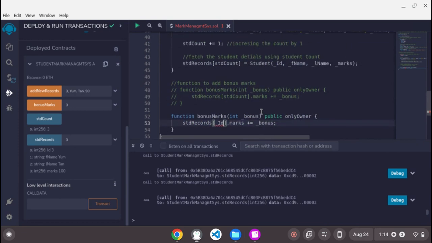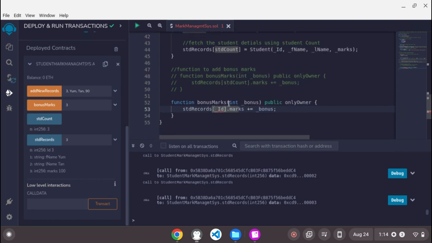Okay, now if I'm assigning the number of ID, look here, it's going to bring out an error. Now it says undeclared identifier. Now where is this coming from? So this error is coming from undeclared. The acceptance of value of bonus mark, I didn't input it here. So what I have to do is,